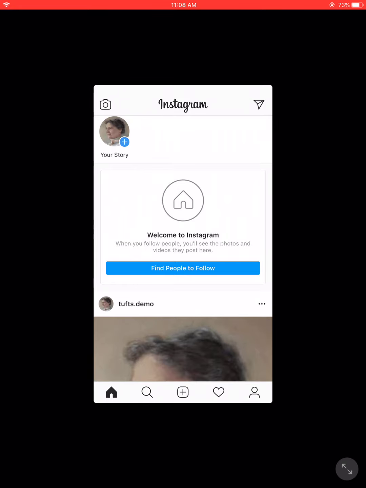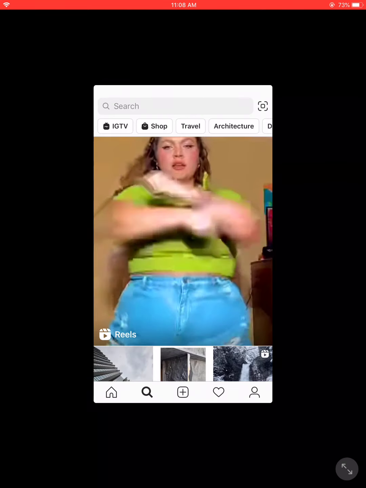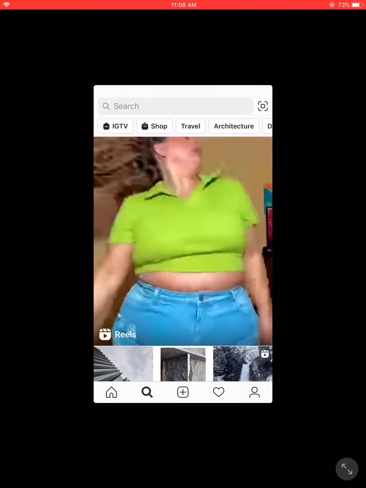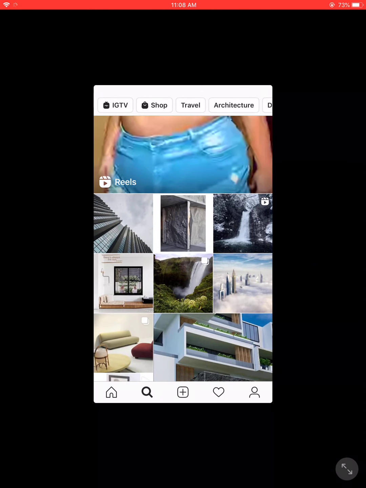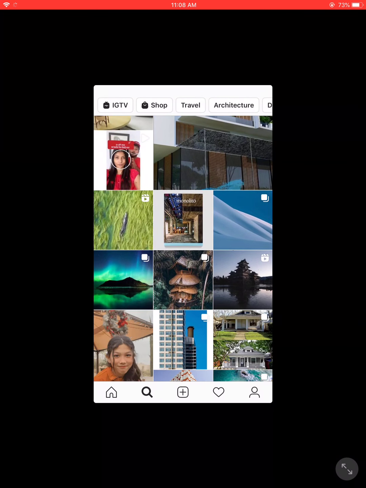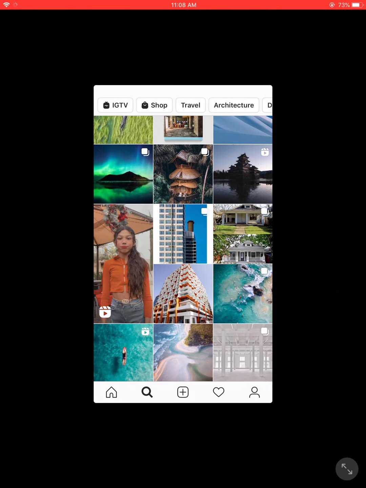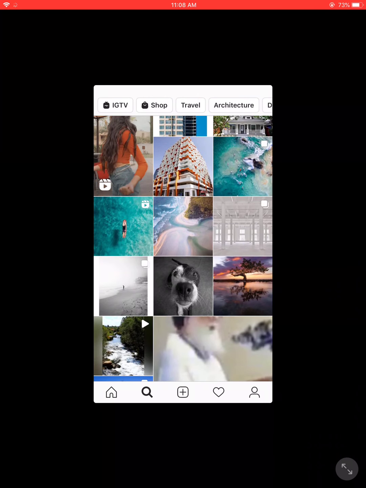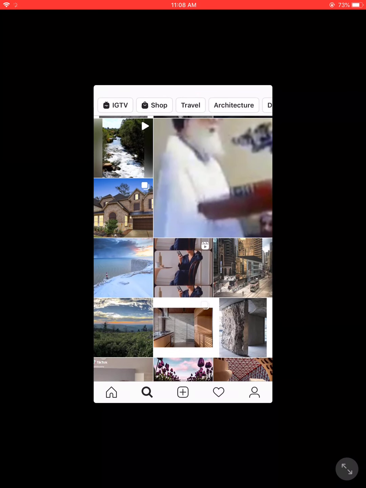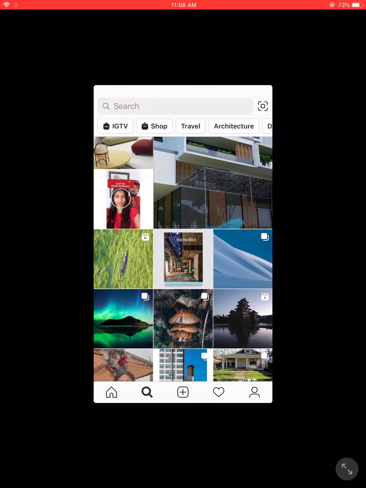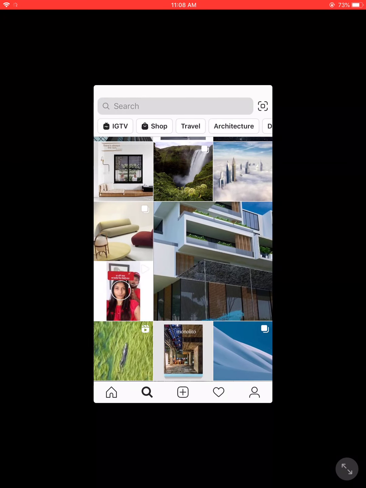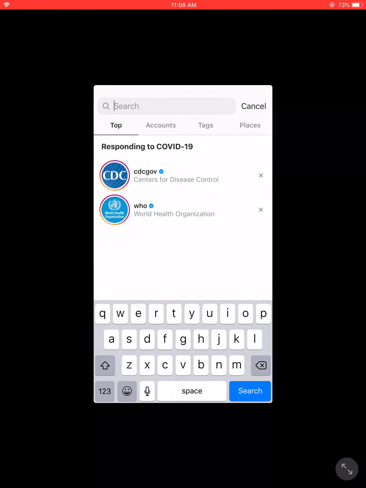The next button over there is the search button. This is where you can search followers, and it will also show you suggested accounts. Right now, they don't have any information to go off of as far as what we like and what we dislike, so they're just going to show us some random things and see what we interact with. This is also where you can hit the search bar and you can search for someone specific that you want